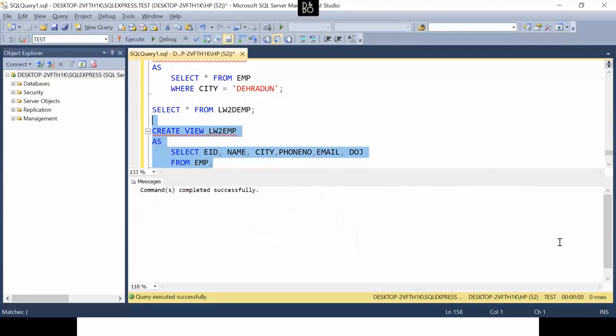Let me execute this. Now you can tell the employees that the name of the table is LW2EMP. So whenever any person writes